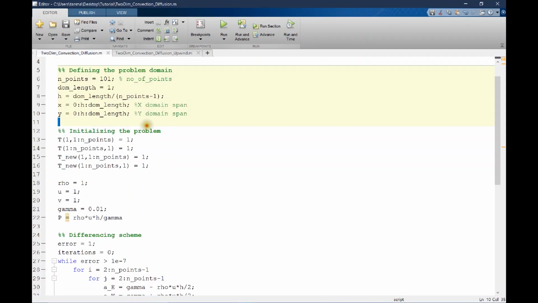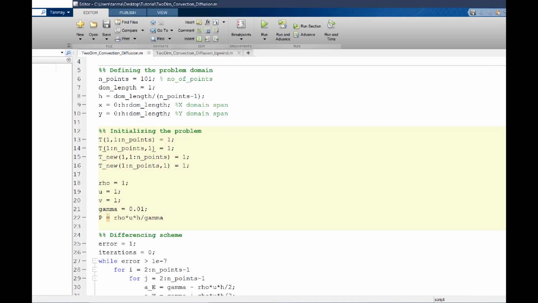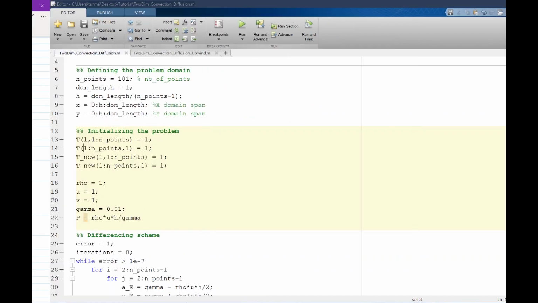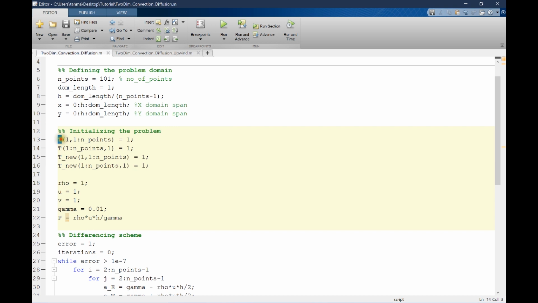The problem initialization is also the same, as is the problem boundary condition here, so we want to define that. Let me go back to one note here. Because MATLAB starts the indexing from the top left corner, we want to define that the first row is 1, and that the first column is also 1.